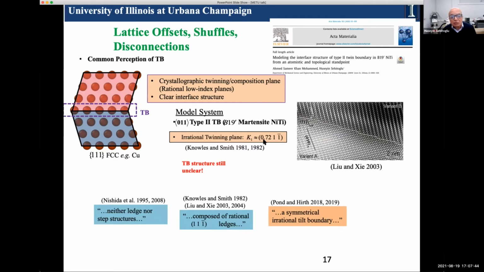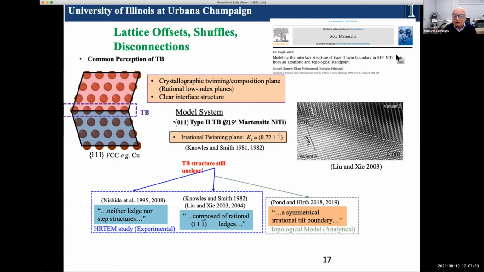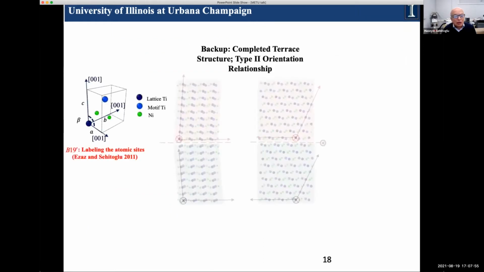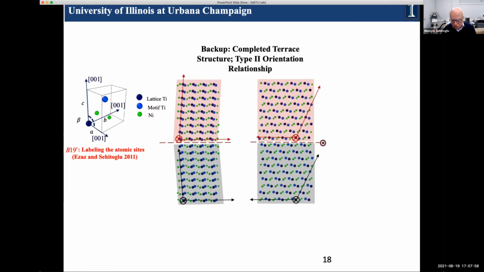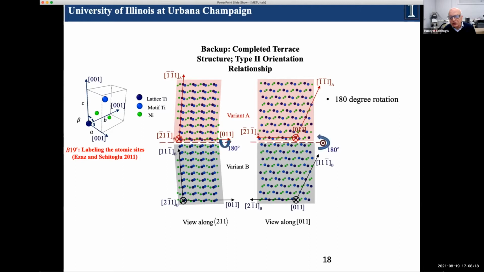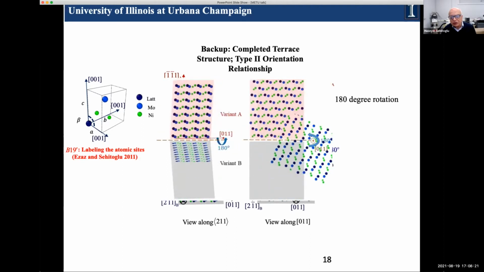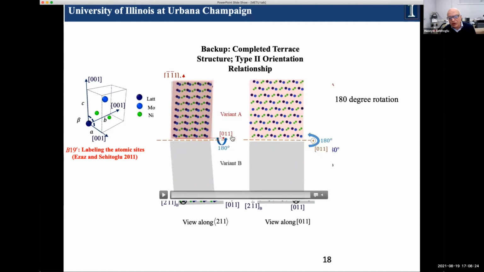So this is nickel titanium B19 prime, and we want to predict the twinning stress, of course, in this material as well. The complication comes about like this. If we have the ABC axes, and there's an angle here, not 90 degrees, that's the monoclinic lattice. Then if we look at the twin here, one way to visualize the twin is a 180-degree rotation along the 011 direction.